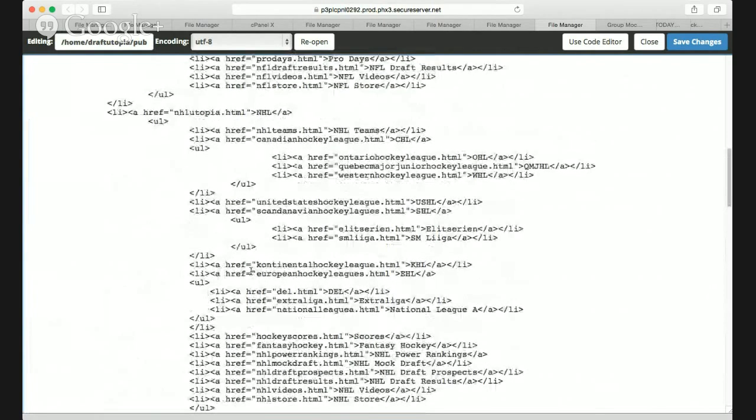And I might do Scandinavian hockey. I forgot the E in the leagues. So hockey leagues, I guess. I guess that's what we're going to put. That's what we're going to name the page. So I'm going to go in here. I'm going to copy this real quick. And I'm going to create a new file. And then go straight to, go into this nav bar real quick.